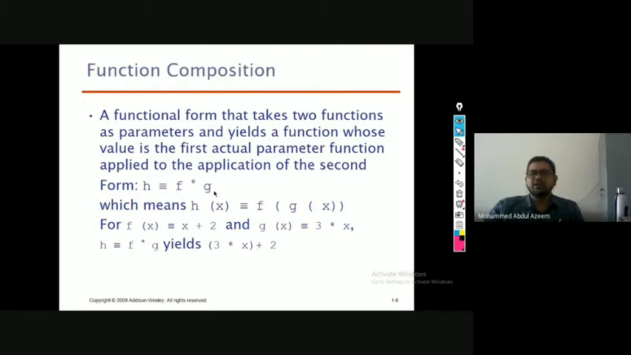And that second functional form, which has been evaluated, is going to be passed as a parameter to the first functional form, right? When you have multiple functions, composite functions, the second function will be evaluated first and that is going to be passed as a parameter to the first function, right? For example, if you have, let us say, f of x equal to x plus 2 and g of x equivalent to 3 into x,